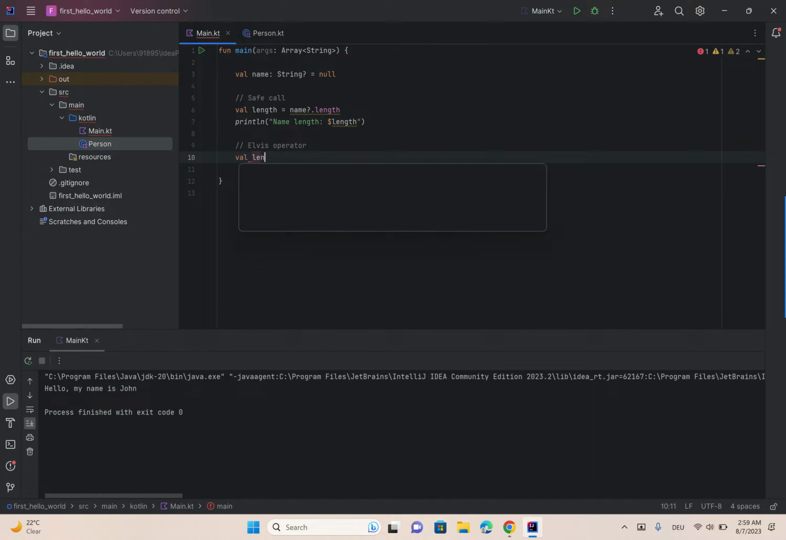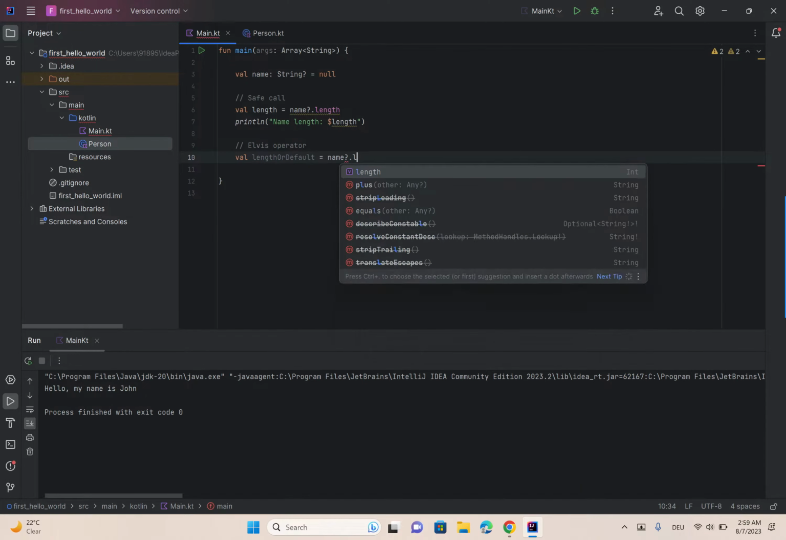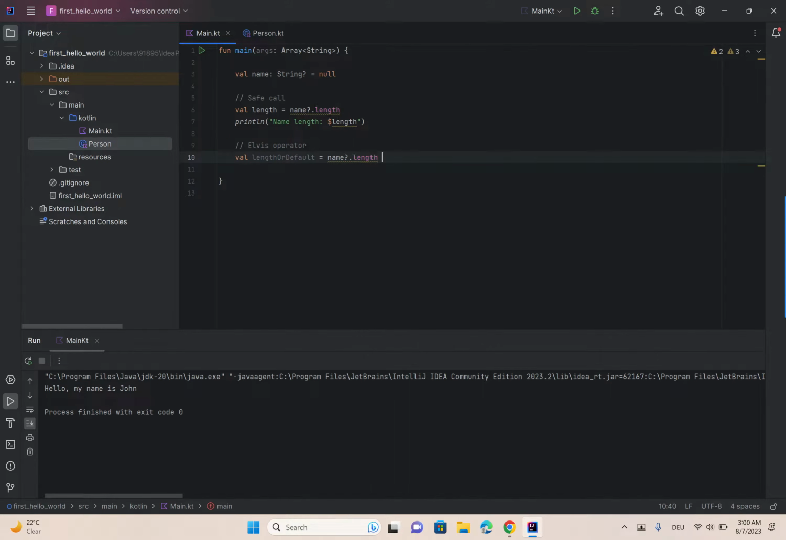We have a variable called length or default, meaning that we'll try to get the length of the string like we did in the previous example, and in case it turns out to be null, we tell the compiler, well, then take the default value, which is -1, right? So either the value is the length of the string itself, but if the string itself was null, then in that case assign -1 to the length or default variable, and then we print it